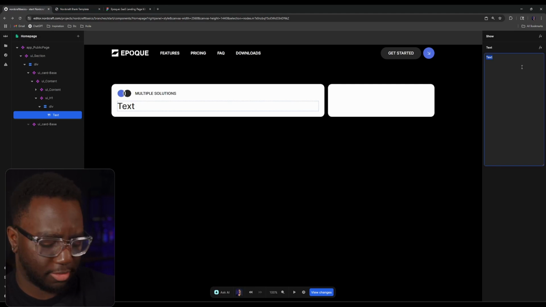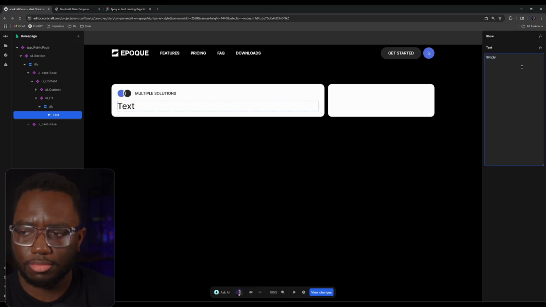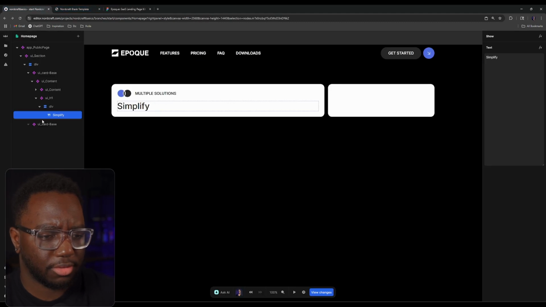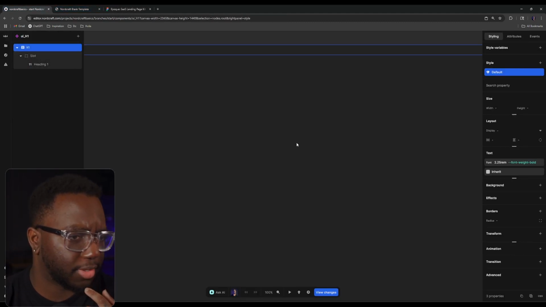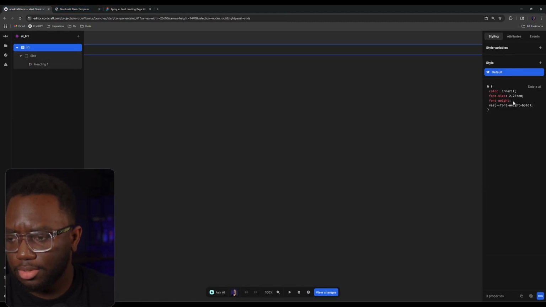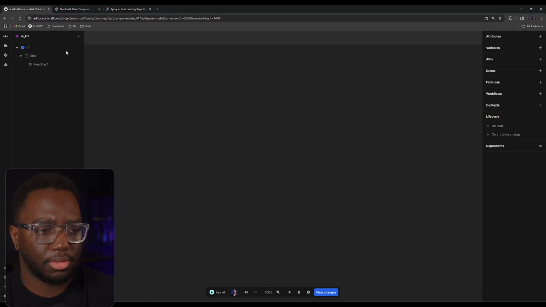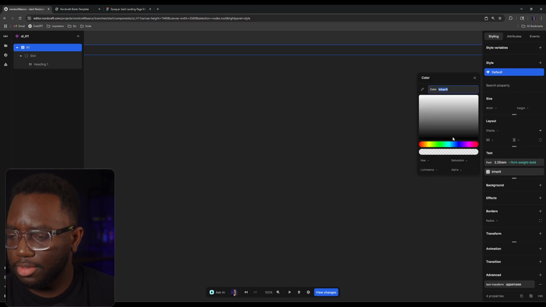And that's where I'd have simplify. Simplify. And then we can set our H1 text transform uppercase, and then set the